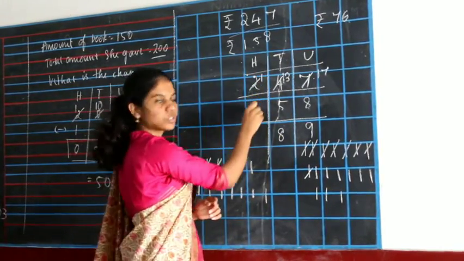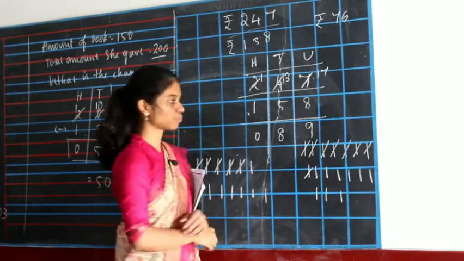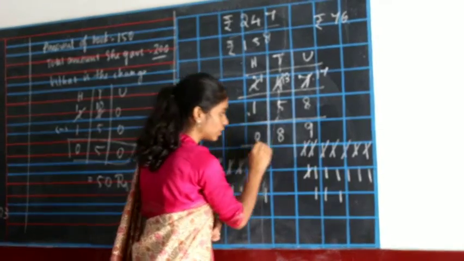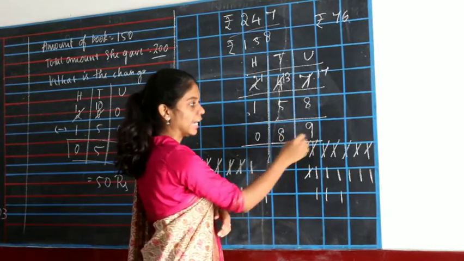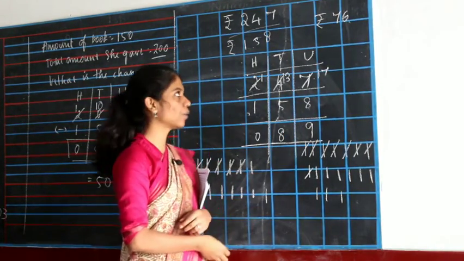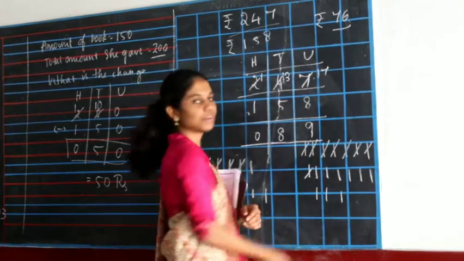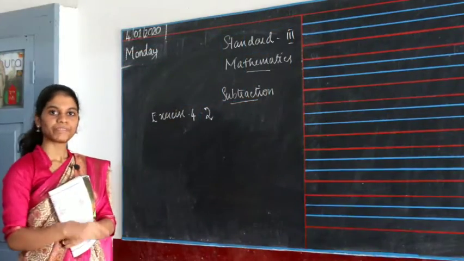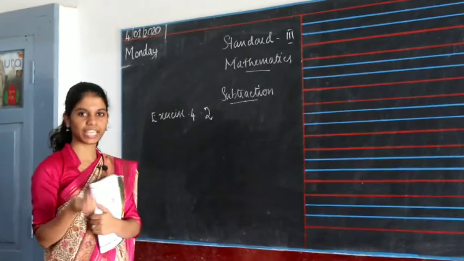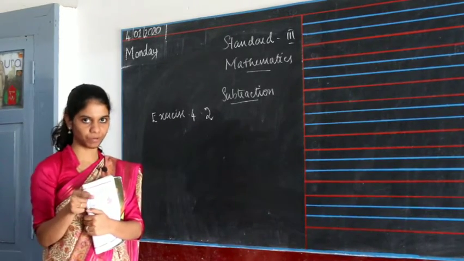Okay, so 1 minus 1 will be 0. So the total change that should be given to the monkey is 89 rupees, but out of that only 76 rupees were given to the monkey. Fox has cheated again. So whenever you are getting change from the shopkeeper, you have to check.